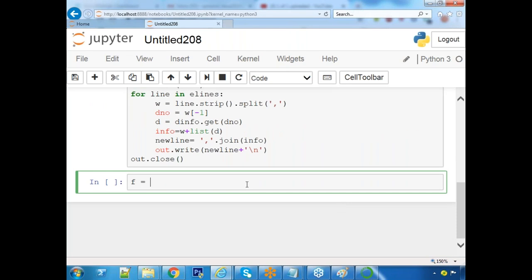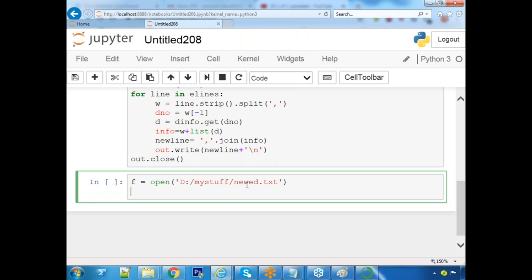Let's say f equal to open, d colon my stuff, under that new ed dot txt. I'm going to read it. Just keep it like this. New ed. Remaining everything you know.